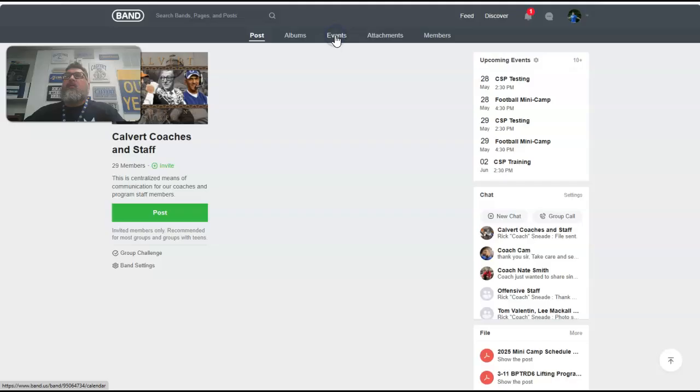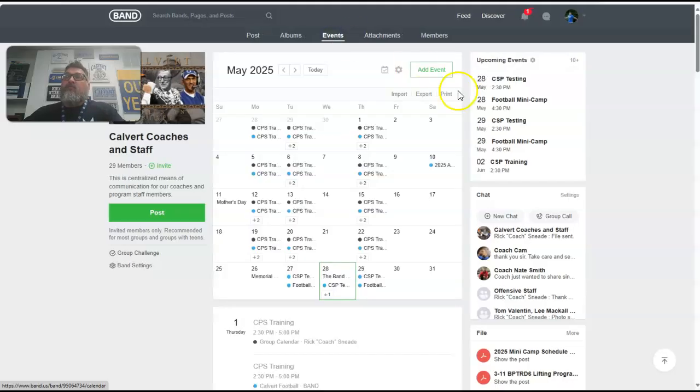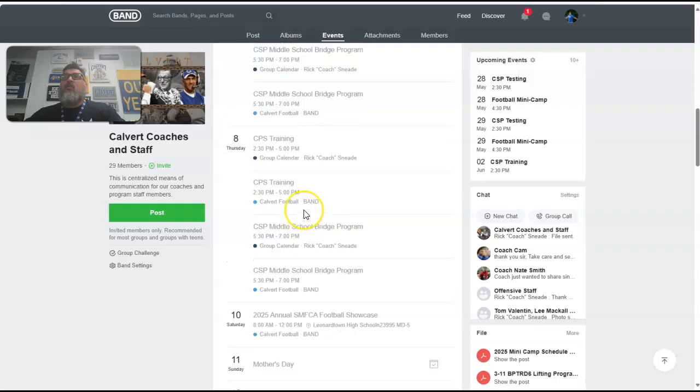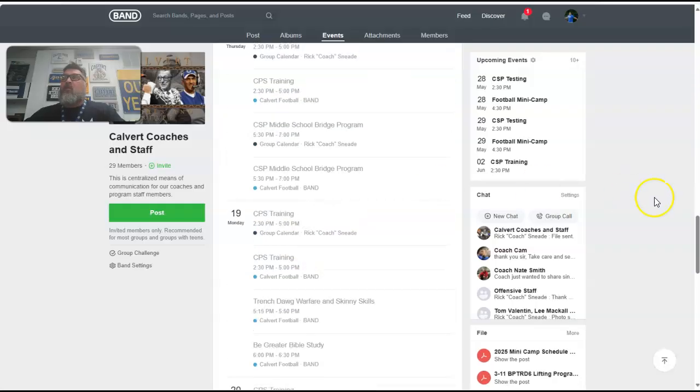So here's the event calendar. I want to go to, so I hit the event. And again, it's not so hard to navigate. I know Barry and I looked at it on his phone last night. It's not so hard to navigate. It may not be as large, but on a computer, you can see that this is the month of May. And so it's going to have everything listed down here in May. And every single one of these things we can RSVP on now.